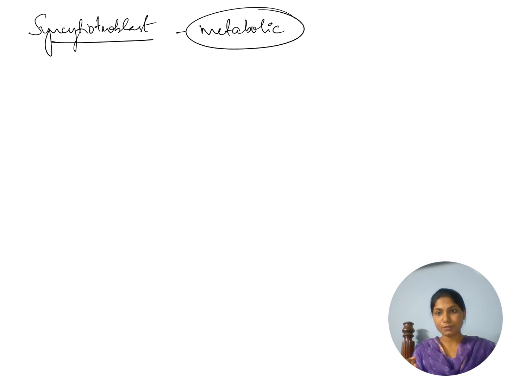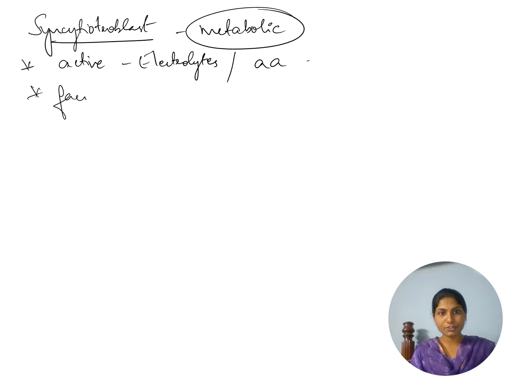It also has facilitated transport of glucose. So firstly, it has active transport of electrolytes like calcium and sodium, and also amino acids, then facilitated diffusion of glucose